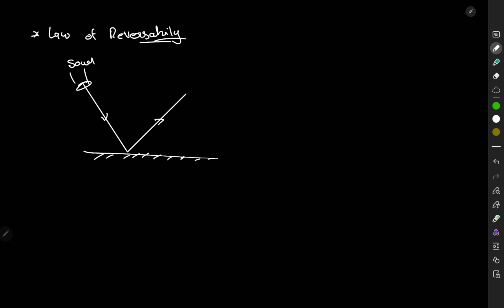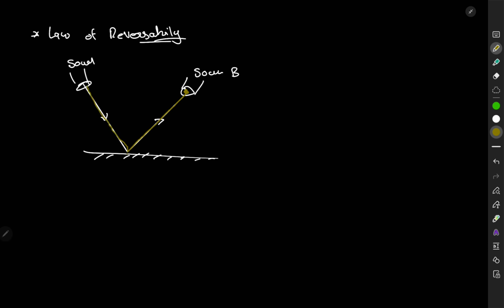After reflection it moves like this, and it is collected by another source B, okay. So let's say from source B, where this light exactly meets, I'm going to emit another radiation or light, okay. So the path will be like,